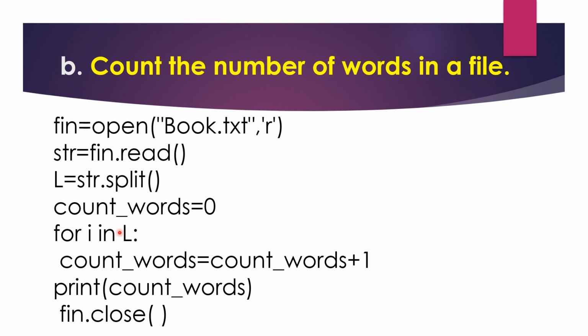Now here we are assigning the value of count_word initially as 0. Now here we will run the loop. Let us consider this line only in the file. First the value of L will be count. So the loop will run as count, then the, then number, then of, then words, then in, then the, then file. Since the loop will run like this, first the value of count_word is 0, so 0 plus 1.